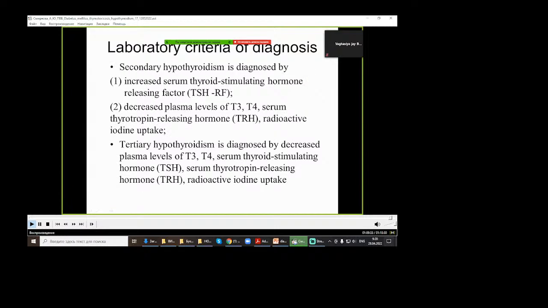Secondary is diagnosed by decreased serum thyroid stimulating hormone and decreased plasma levels of triiodothyronine and thyroxine, serum thyrotropin releasing hormone, and radioactive iodine uptake. Tertiary hypothyroidism is diagnosed by decreased plasma levels of triiodothyronine and thyroxine, serum thyroid stimulating hormone, serum thyrotropin releasing hormone, and radioactive iodine uptake. So these types of hypothyroidism are detected by laboratory tests. Clinical presentation of all types, primary, secondary, and tertiary, is the same. This is all for